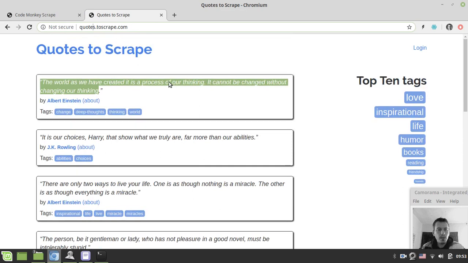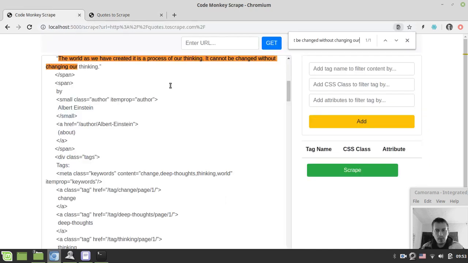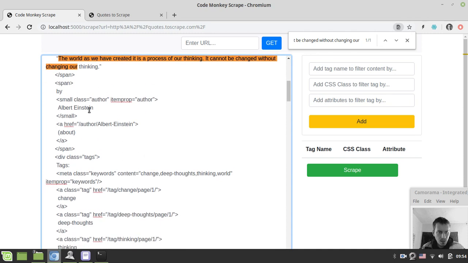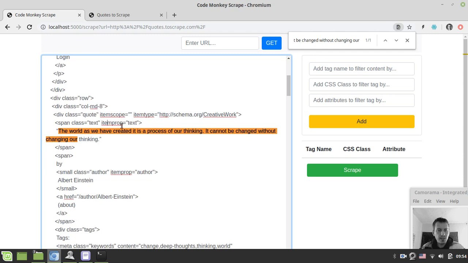And what I now need to find is these words. So I look for the quote itself, and I'm looking for what kind of tag it belongs to, and also the class of this tag if available. Here we can see that all the quotes are enclosed with a span tag with a class of text, while all the authors are enclosed in a small tag with a class author. Okay, so that's exactly what I want